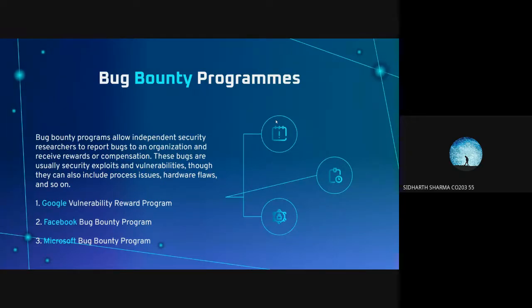Bug bounty programs are a really exciting way to explore your hacking journey. Basically, these are programs launched by big MNCs such as Google, Facebook, and Microsoft every year in order to check their system security and how secure the system is against any sort of cyber attacks. These companies invite independent researchers to report bugs to an organization, and accordingly, they receive the bounties. That's the money that they receive for reporting any sort of bug that might have caused a cyber attack on